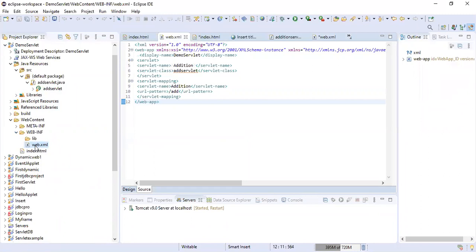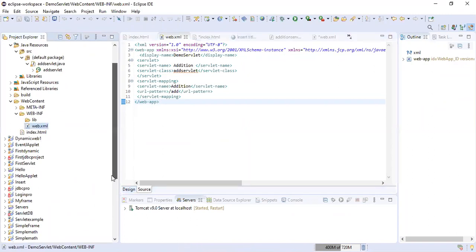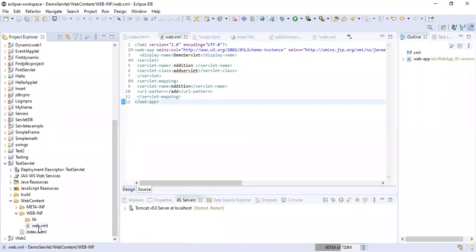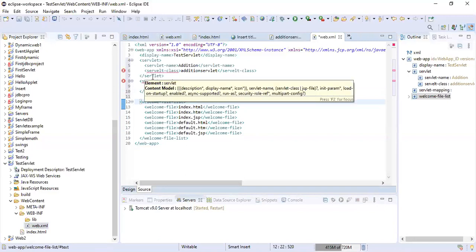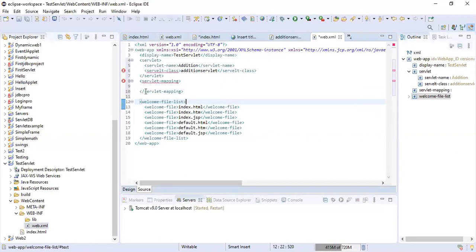Yes, servlet and servlet mapping. I'll just copy paste this code. So we already have the servlet tag, and we have the servlet mapping.